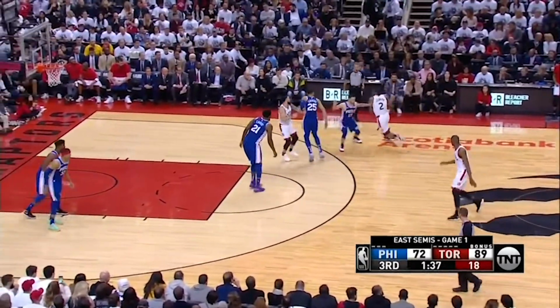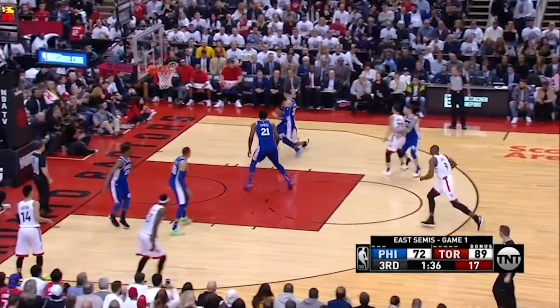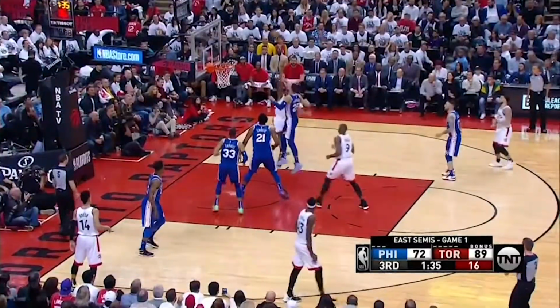the corner at full speed. Credit Simmons for matching that speed to cut him off, but someone explain why he doesn't get a hand up